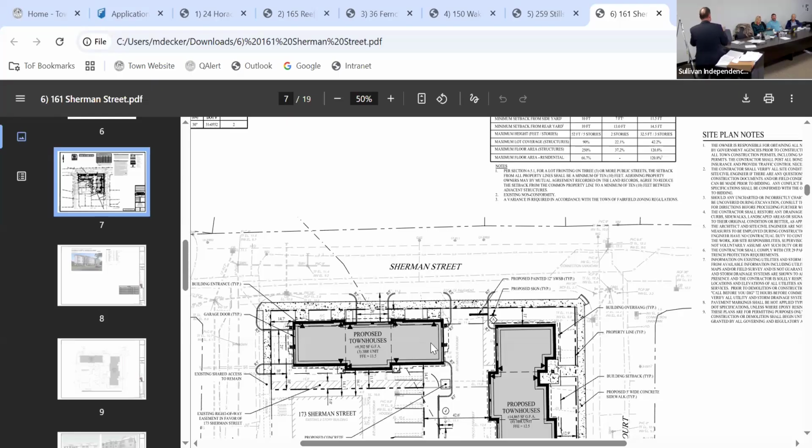We can't be 0 because the first 5 feet of our rear setback have to be, let's call it a side setback, it's the rear of this building. But we can't go to 0 because we have an easement, which allows the people at 171 Sherman Street to access their property for parking. So we had to put the building on the outside of the easement, which pushes us to a minimum of 5 feet. Then when that pushes the building forward, we end up at 6 feet.